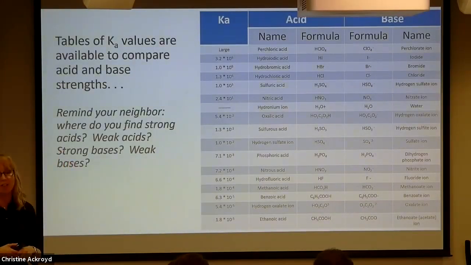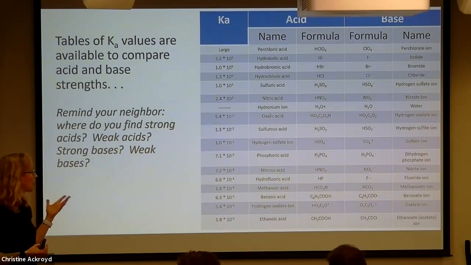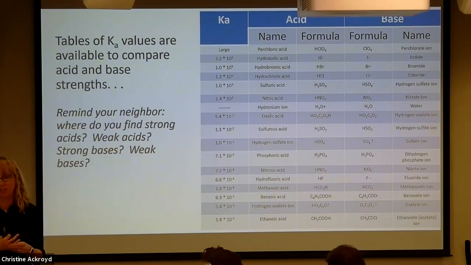Will those Ka values be correct at a different temperature? No, they won't. How come? They're equilibrium constants, and equilibrium constants change when you change the temperature. Most of these reactions have a positive delta H naught value. Sorry, I lied. Negative delta H naught value.